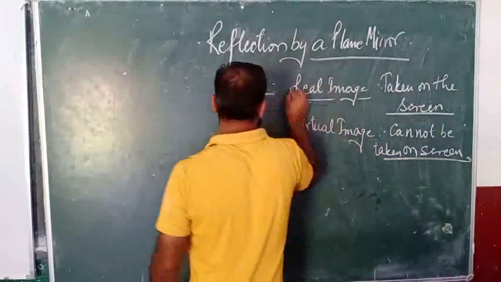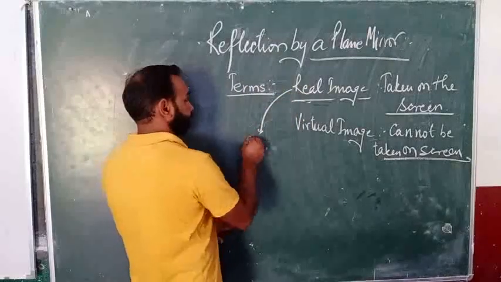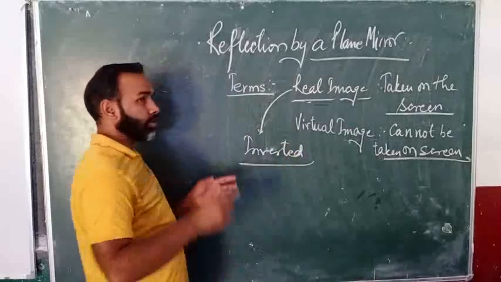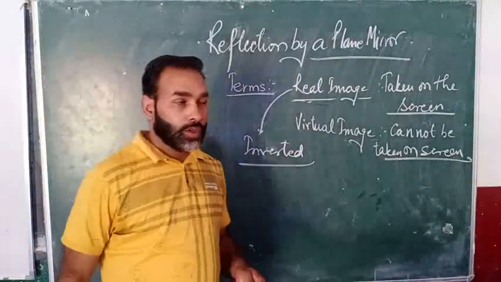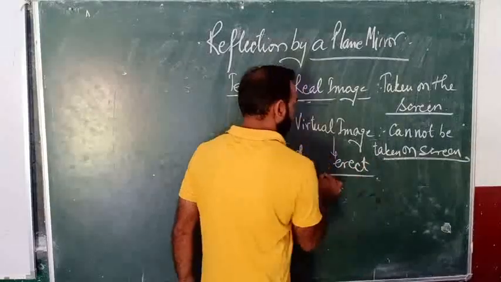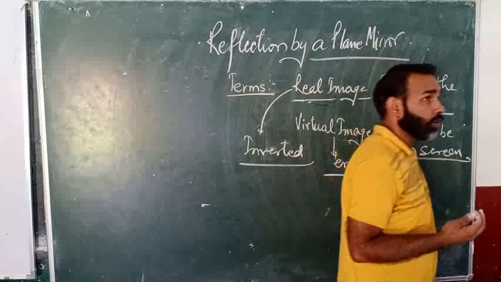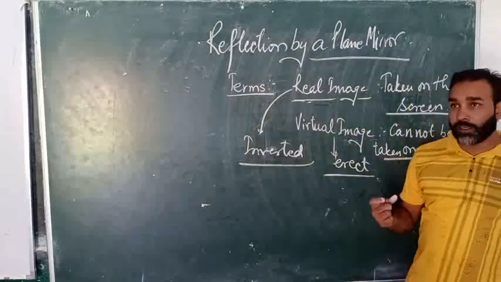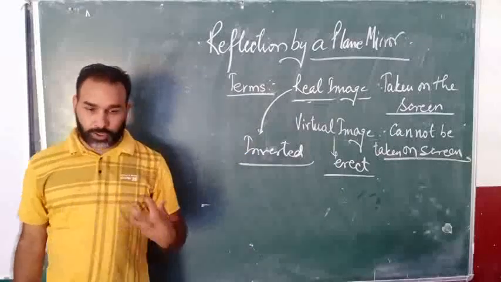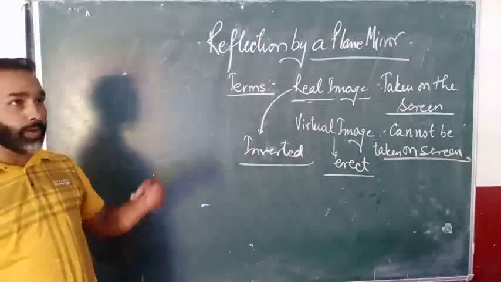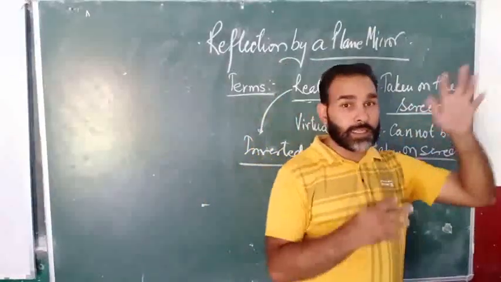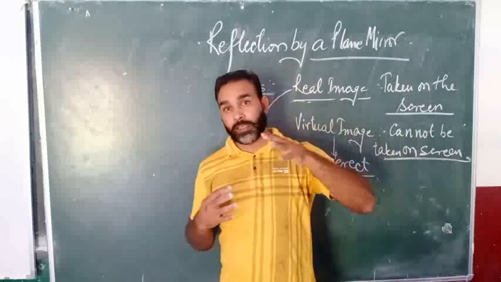Real images जो होती हैं आपकी वो inverted होती हैं, कैसी होती हैं, इन्वर्टेड होती हैं, उल्टी होती हैं, ठीक है। और वर्चुअल इमेजेस जो होती हैं वो हमेशा इरेक्ट होती हैं। जैसे आपने कभी कभी ऑब्जर्व किया होगा, कैमरे से जब हम फोटो खींचते हैं तो हमारा फेस तो सीधा आता है, लेकिन हमारे टी शर्ट पे अगर कोई कुछ लिखा हुआ है या हमारे बैकग्राउंड में किसी चीज में कुछ लिखा हुआ है तो वो लेटर्स जो है वो कैसे आते हैं, इन्वर्टेड आते हैं, ठीक है। ये आप कभी